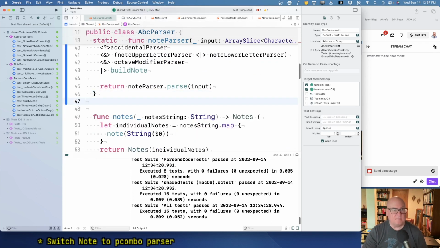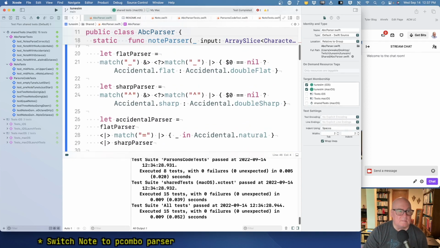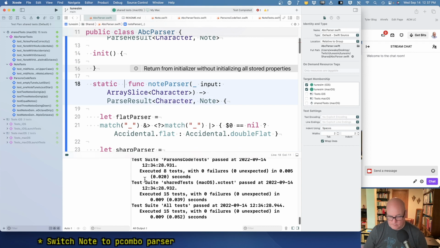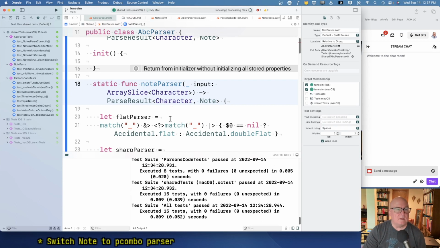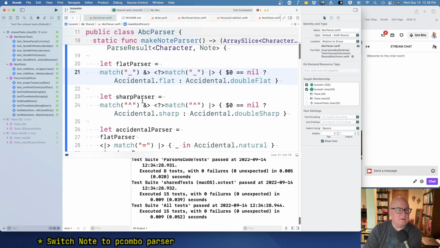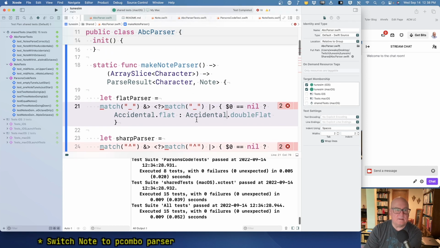Let's call it make note parser. Okay. And it doesn't take anything, and it produces a function, which is this array slice character to parse result note. Okay. All right. And we're going to let that, oh dear,